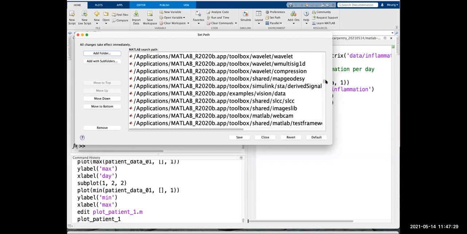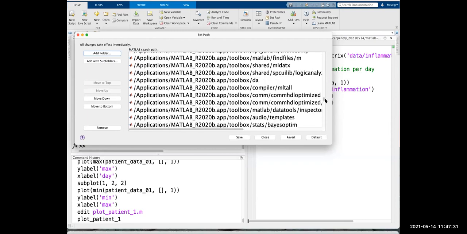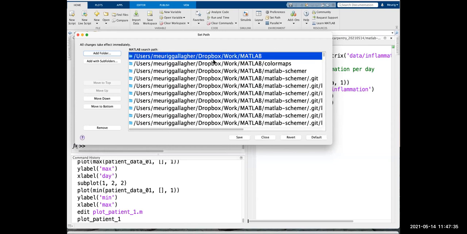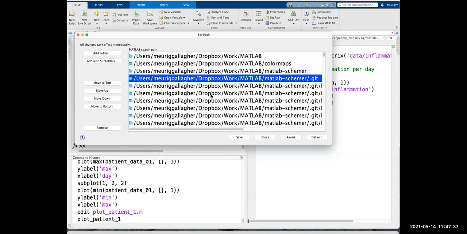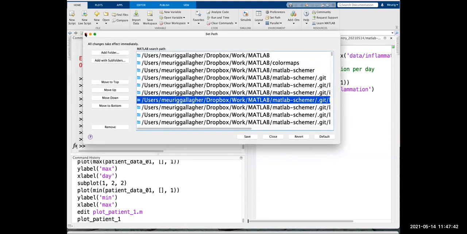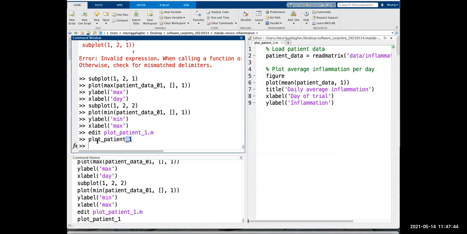You see it's got all these MATLAB toolboxes in, all these examples, lots and lots of things. But it's also got at the top some custom ones that I've added. These are my custom folders. Whenever I type anything into the command window, like plot patient1, MATLAB will look in the current directory, but it will also look in the path.